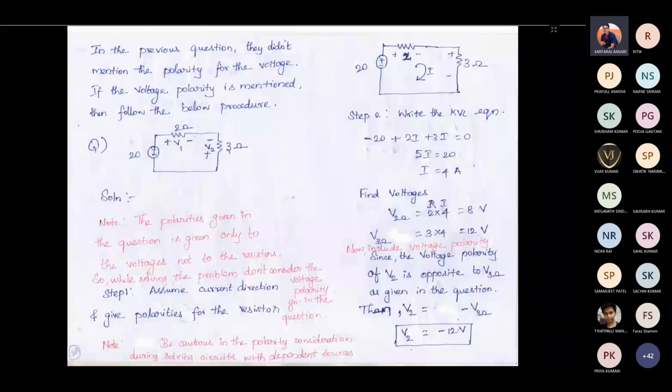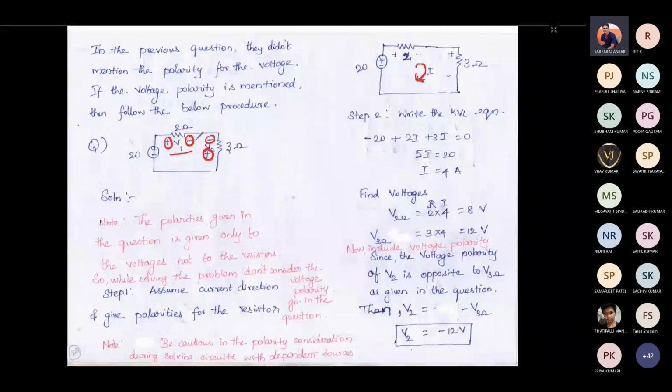Okay. So two things. One is polarity is given and another one is polarity is not given. If polarity is given, you keep the circuit as it is and you find the voltage across each element. You find the voltage like how we have solved for previous cases. For example, earlier polarity was not given, so it was not a problem. Now polarity is given, like this and like this.